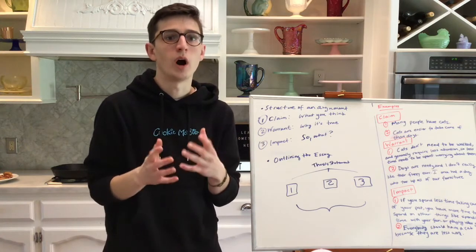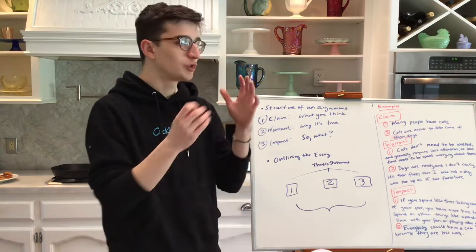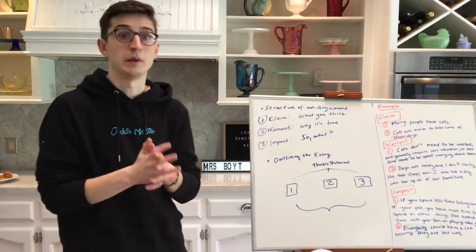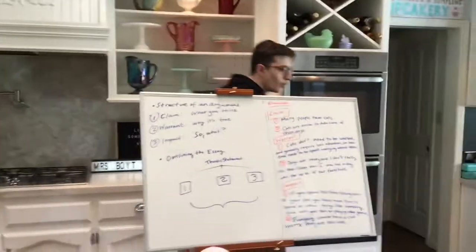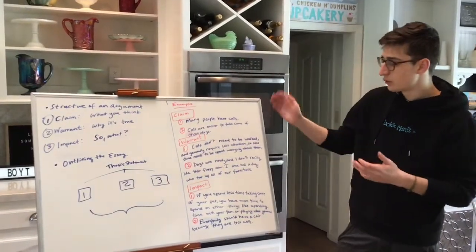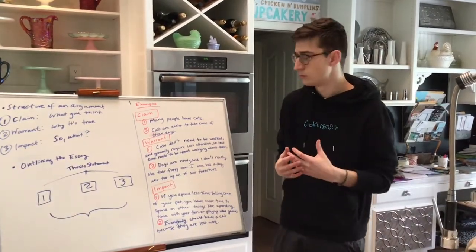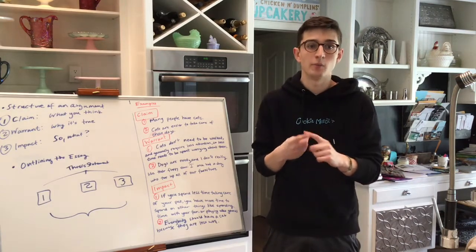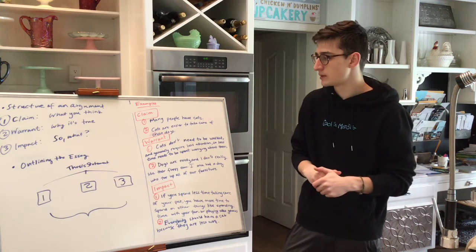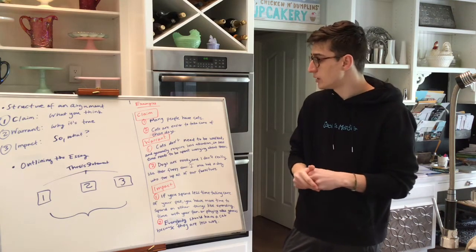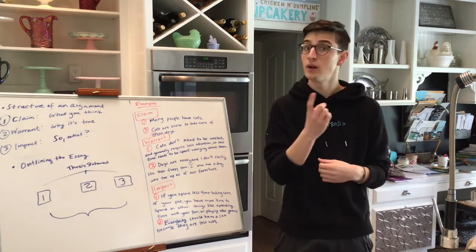Right now, I want to walk you through an example of how to build an argument using some good examples and also some common mistakes that people make when they're trying to write arguments out. So we're going to go over here where I've written out two choices for each of the three steps. We start off with our claim, or what we think is true. Remember, we want this to be specific and we want this to be debatable. The first one, I say many people have cats. The second one, I say cats are easier to take care of than dogs. Which one do you think would be a good claim? Number one or number two?